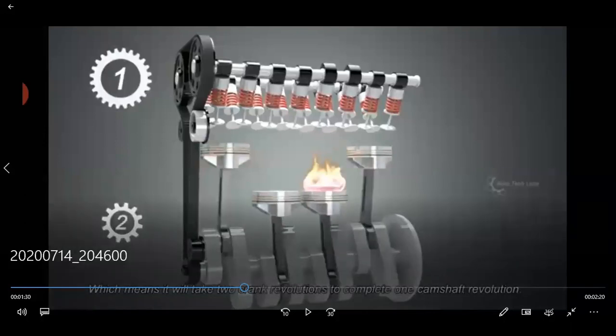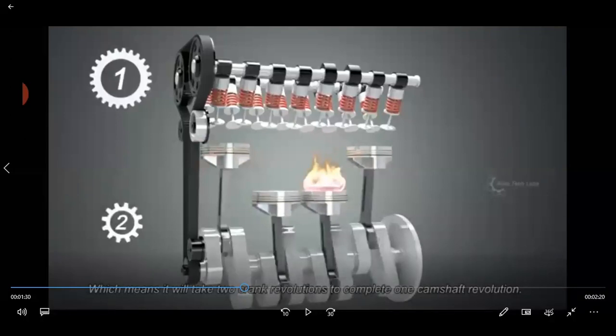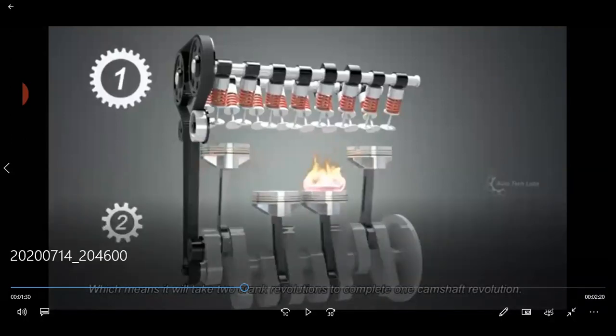See, there is a smaller sprocket on the crankshaft, and on the camshaft there are bigger sprockets. If you have learned about gears and chain drives, you know what happens when a small sprocket runs a big sprocket. If the crankshaft sprocket rotates 2 times, the camshaft sprocket will rotate 1 time. So if this is rotating 1 time, this camshaft will rotate 1 time.